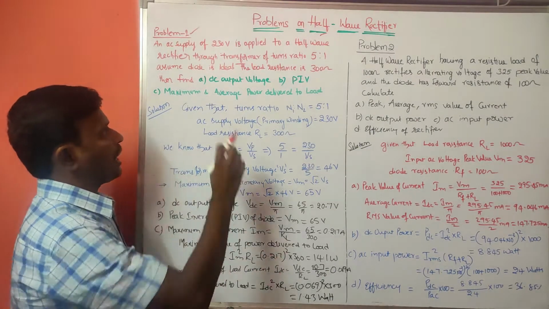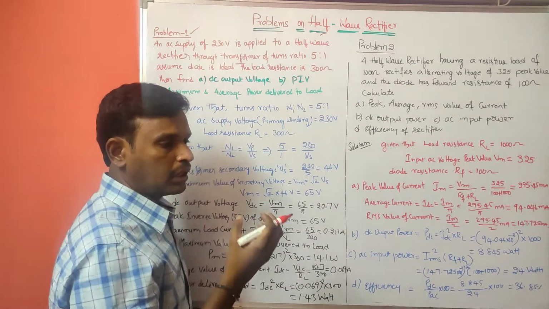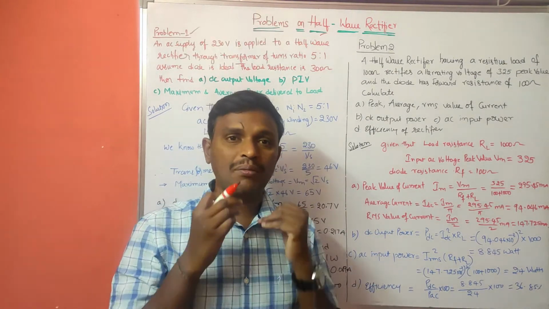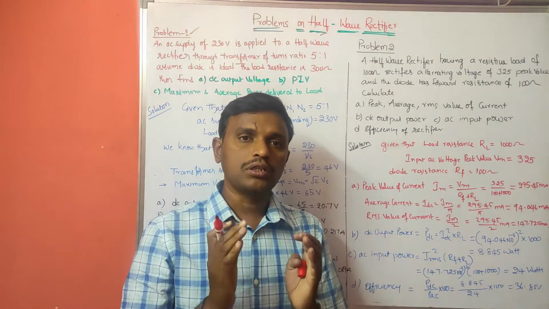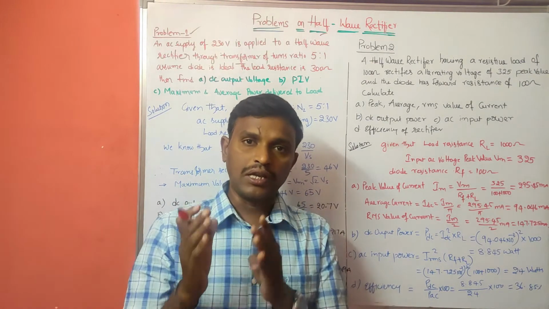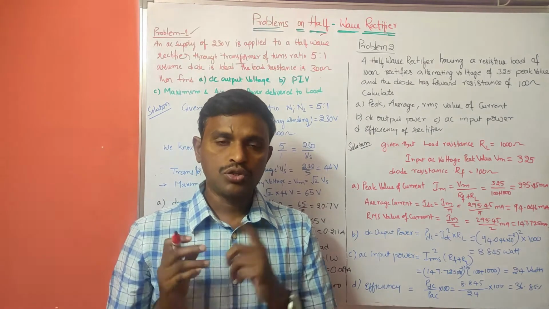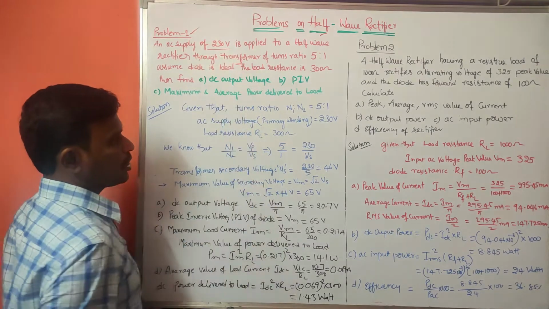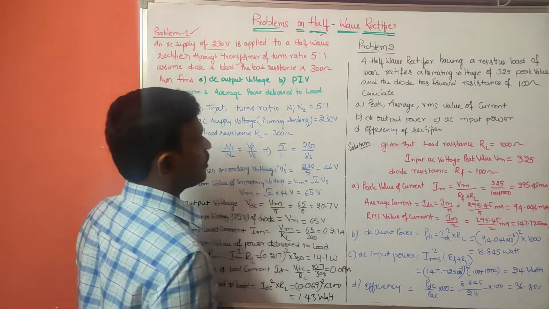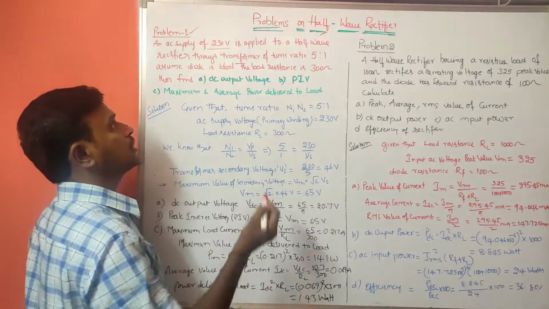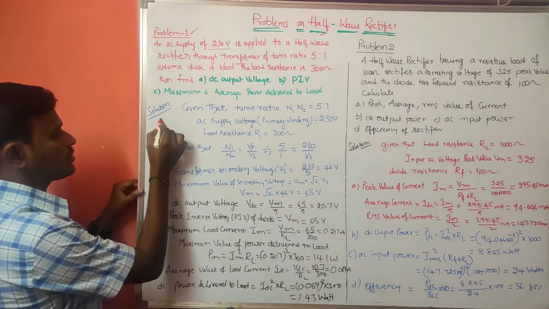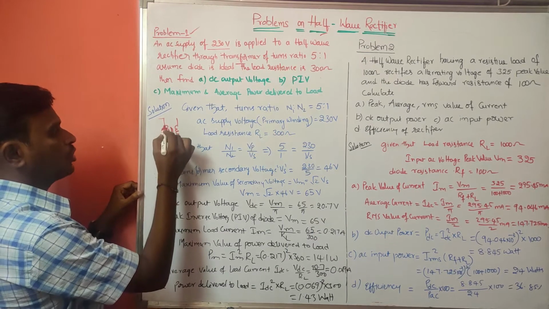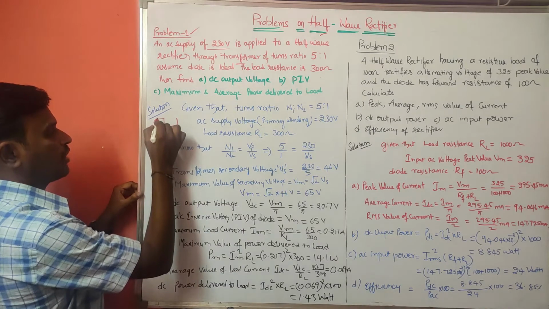So first we have to see in the problem whether the given voltage is the peak voltage or the primary winding voltage. Whenever the primary winding voltage is given, they will give the turns ratio. Here the voltage they have given is nothing but the AC supply voltage. If you consider the half-wave rectifier, here we are using a step down transformer. So that step down transformer will be like this. Here we are applying 230 volts, which is given in the problem.